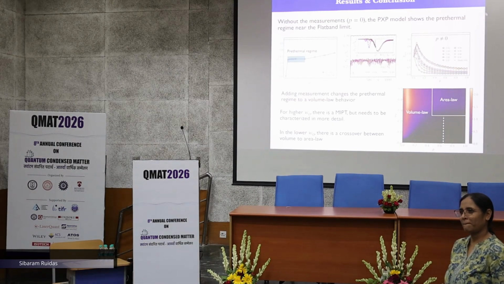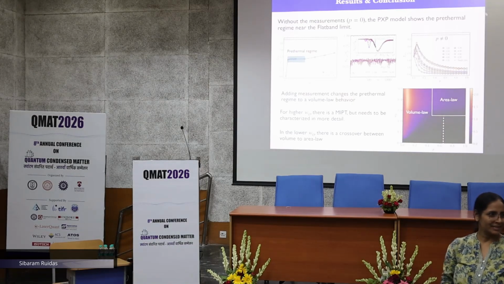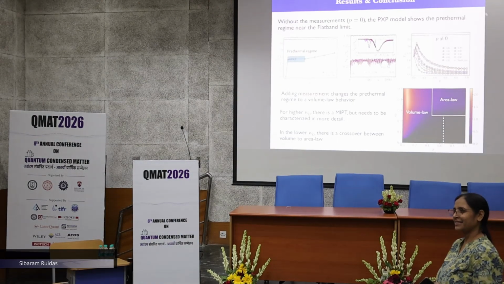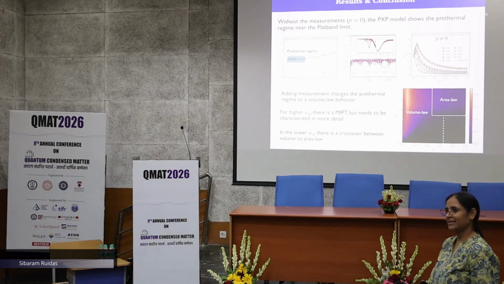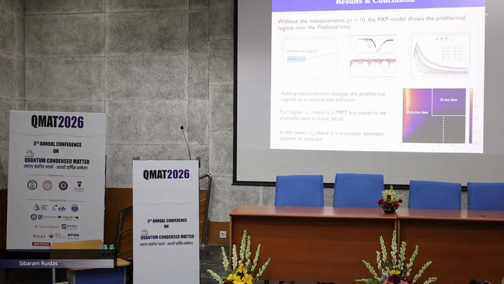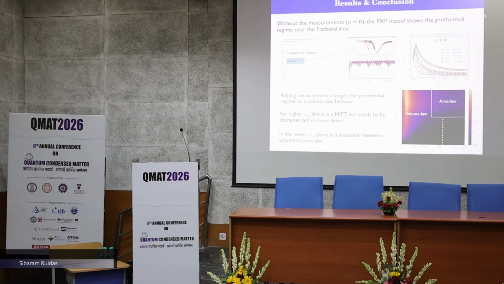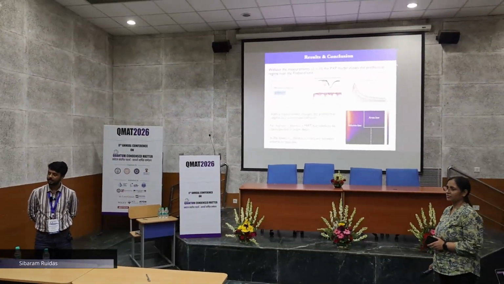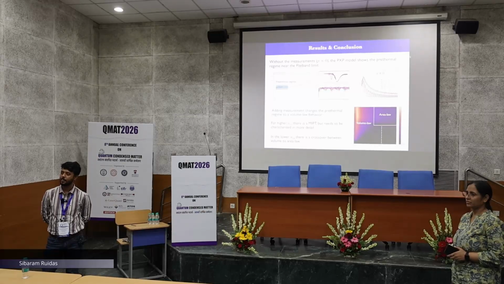To me it seems that the entanglement entropy would have no effect from these embedded measurements. I just want to understand: you're driving your system n number of times, and then at the end you're putting measurement. So it seems that for the single tone, p has no effect. No, here I just added this line for reference, so there is no measurement there. It was supposed to be like this, but for two tone you have done this. For single tone also, you expect some area law to volume law transition. Yes, that's true. What is this dotted line?